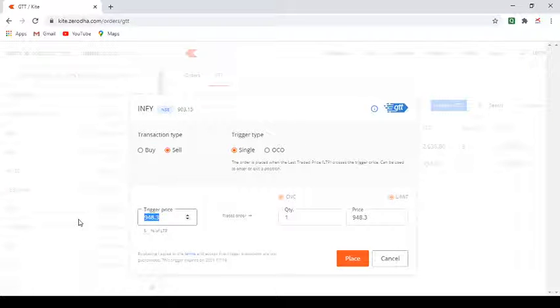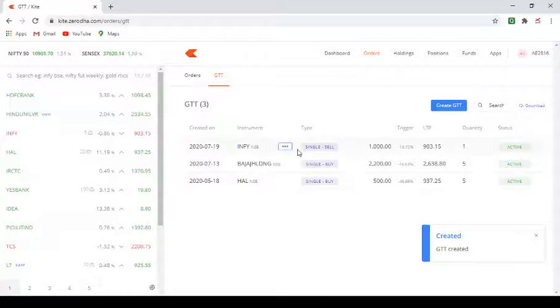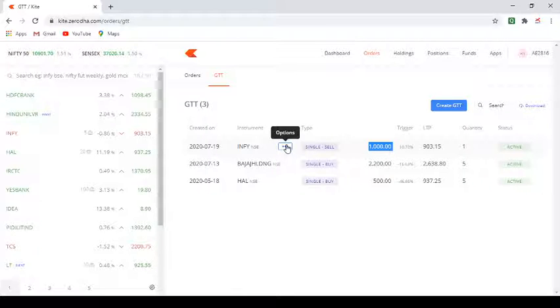So let's say the trigger price is 1000, and then the actual price also, this price can be within a certain range of the trigger price. Okay, let's say I want to sell it at 1020. So I'll click on place order, and you can see that this GTT order is created. So whenever the price hits 1000, it will create an order to sell Infosys for 1020. So certain amount of margin is allowed there, assuming that normal market volatility will cover that.